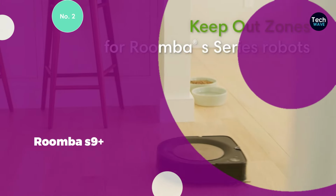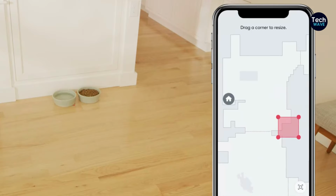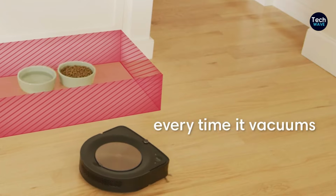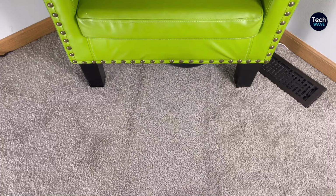Number 2. Roomba S9 Plus. The Roomba S9 Plus is an excellent investment if you have a lot of dog hair around. As Roomba's most powerful robot vacuum to date, it features a D-shaped design that allows it to clean corners effectively. The dual multi-surface brushes ensure that everything in their path is sucked up, including ingrained dog hair and dirt on